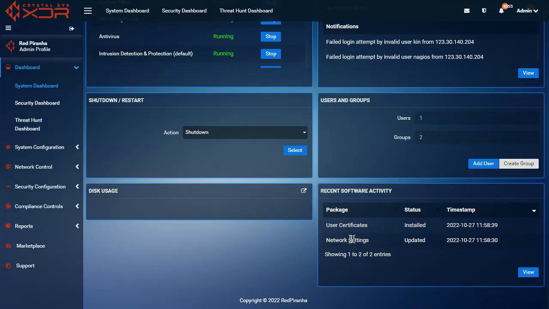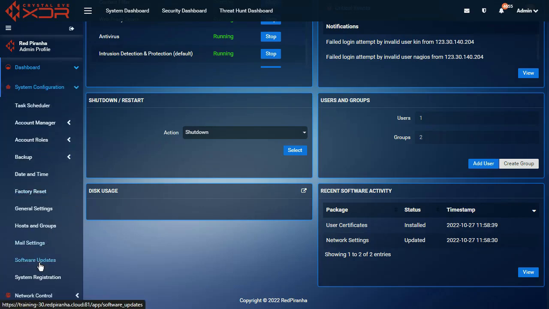Now, what we've done with our software updates is we've taken a leaf out of the book of the likes of Apple, like iOS and Android, where you get automatic application updates. So as soon as those updates are available, they are deployed on the appliance automatically because we have automatic updates installed. When we have things like a major software update, which we can have a quick look at if we go to System Configuration Software Updates,